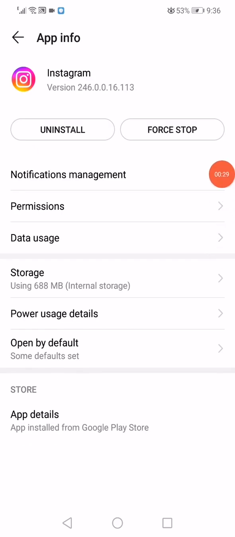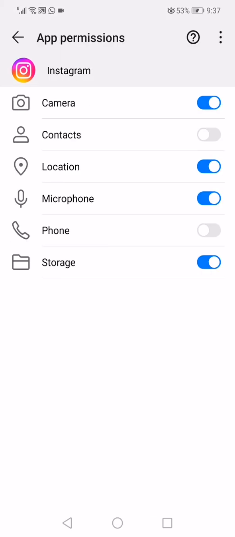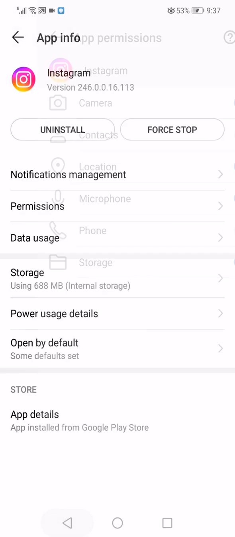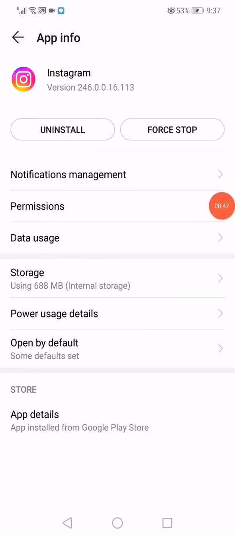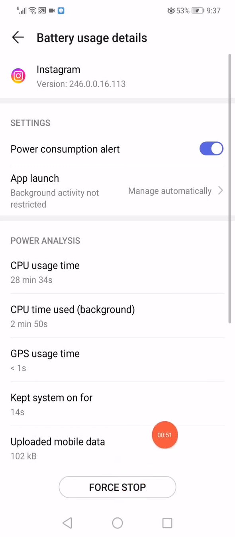Now all what you have to do here is very simple. Just click on the first option right here, it's called force stop, and when you click on it, now you have to do only one thing. Go to the permissions and make sure that all the permissions are enabled, especially the storage. Now go back, click on power usage details, click on force stop again here,